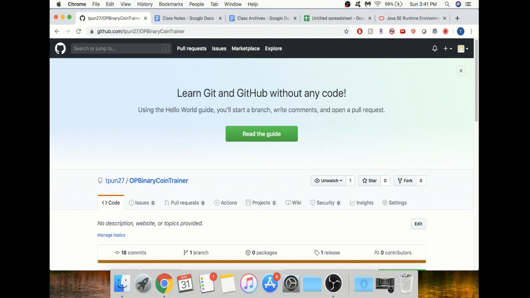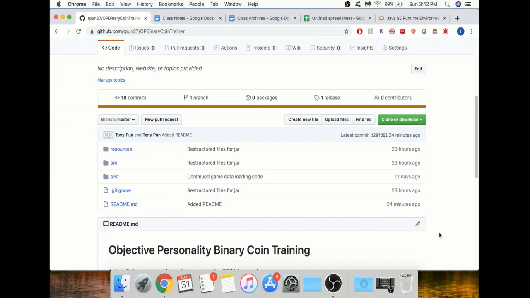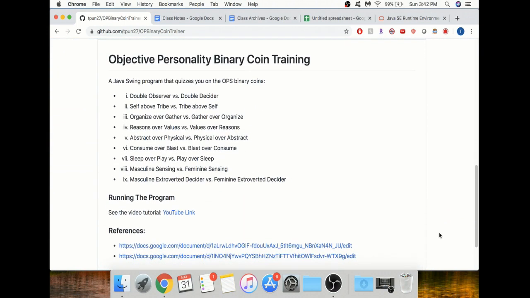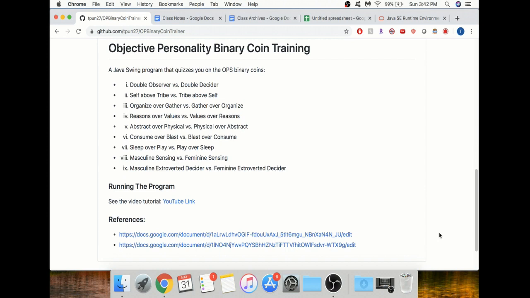Hello everyone. So this is the Java program that I've been writing to help with the OP binary coins. Dave and Shan would sometimes say that instead of trying to get the full 512 type, you should actually spend a dedicated amount of time on specific coins until you get really good at them. So this program quizzes you on these 9 coins, such as double observer, double versus double decider, self-input tribe, organize